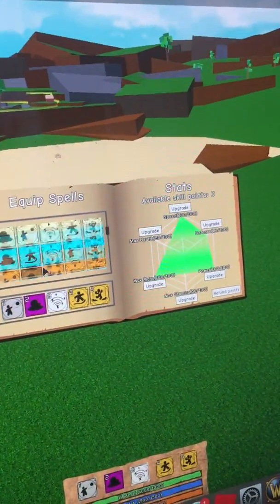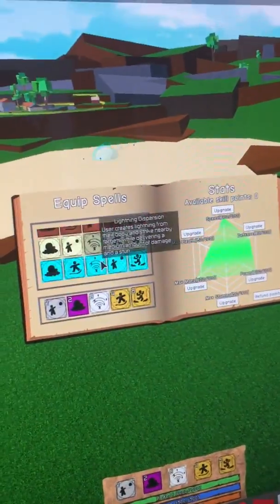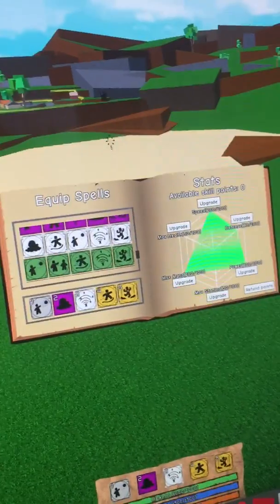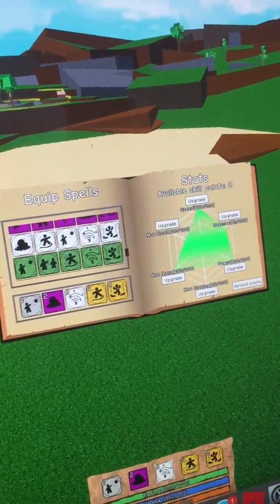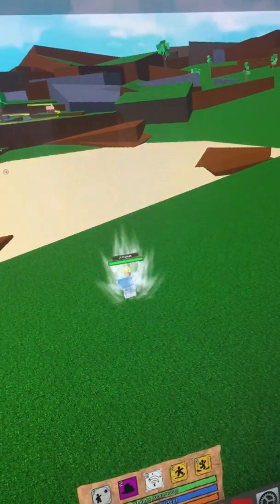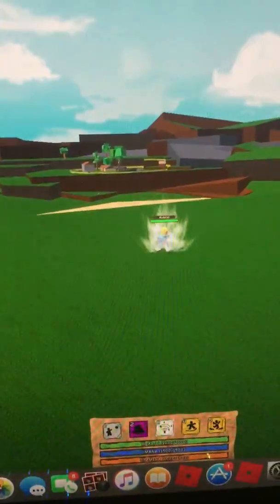By the way, I have all the elements. I'll probably make another video about combos if you guys want me to. But yeah, so that's what you do with that skill tree. Don't buy anything, that's silly. I bought the aura because I'm dumb. Anyways, so